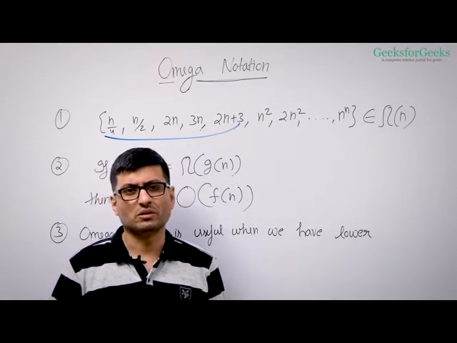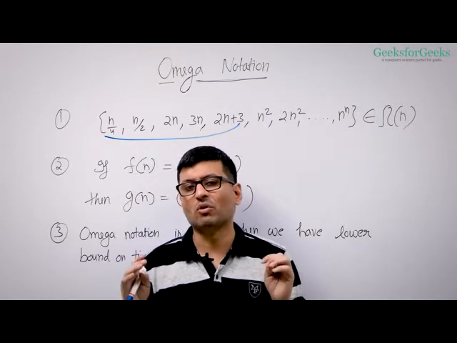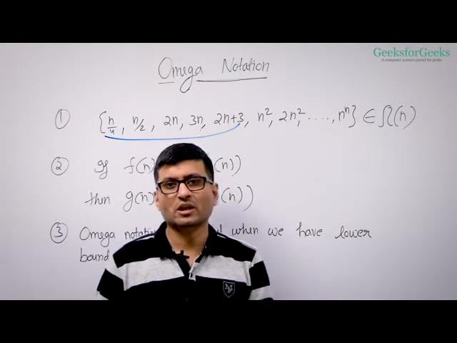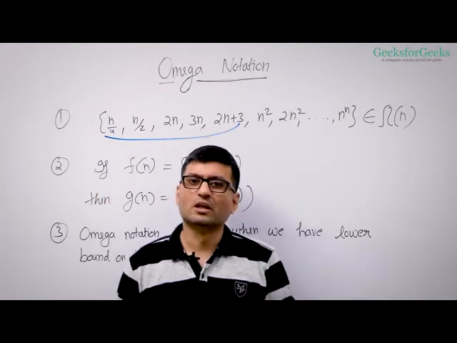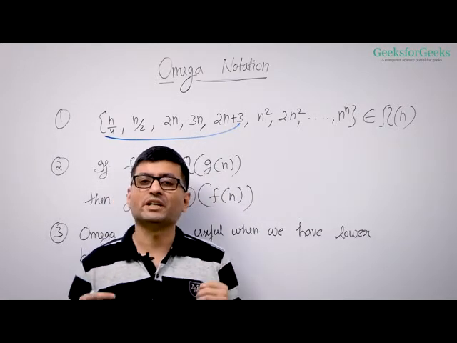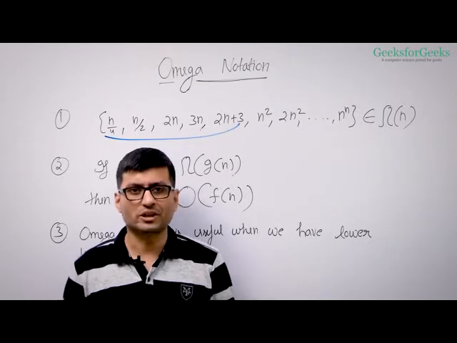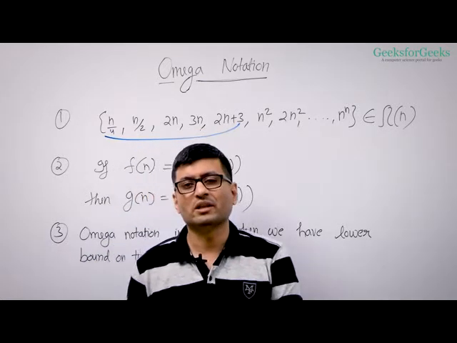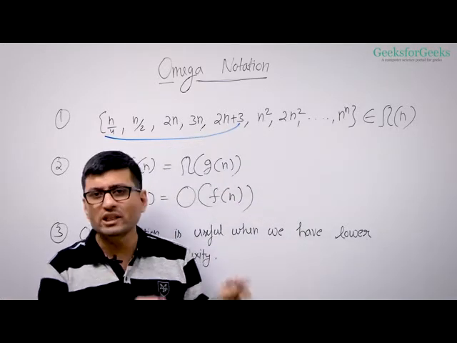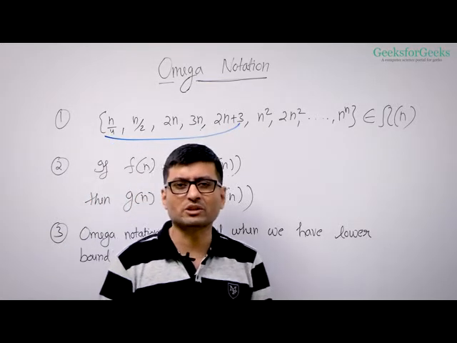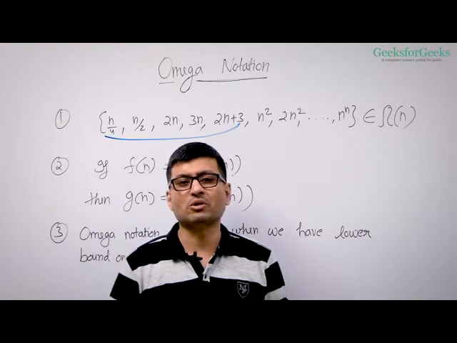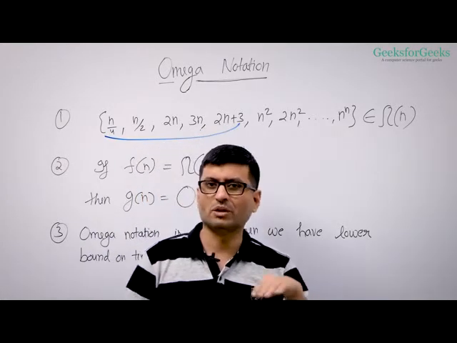But there is a lower bound: this program takes omega of n time, because there are n players playing, and it has to initialize their scores. Now it's up to the players how long they want to play. So when you can represent a program by using its lower bound, you use omega notation, right? The n-player game's time complexity can be said to be omega of n. We are saying that it will take at least linear time; it will grow at least linearly in terms of input size. If there are more players, it will take more time linearly, but we do not know anything about the upper bound or the exact time, but we know about the lower bound.